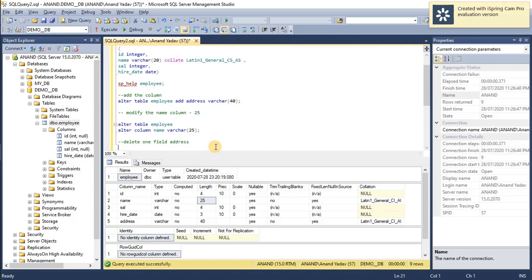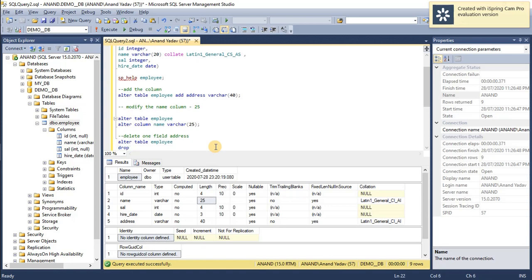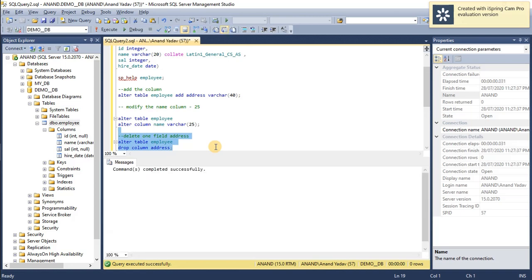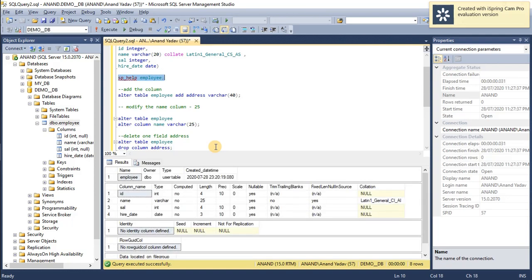So what we can do, we can fire the command ALTER TABLE, table name is employee, and we can use the command DROP COLUMN, and the name of the column, so column name is address. If you can see, address is present here at the 5th position, so just fire this command and describe it once again. Yeah, and the address is deleted.